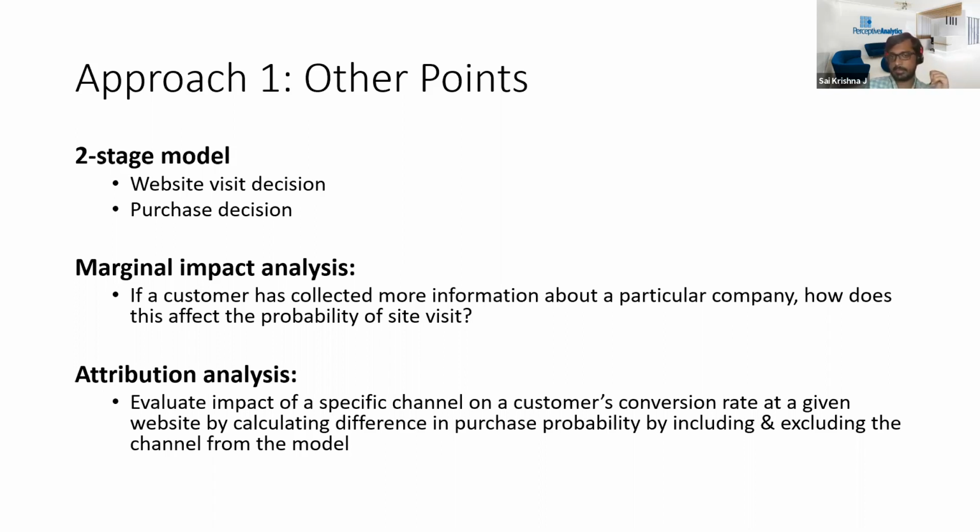So for each of the campaigns that you have run, you measure the revenue with that campaign and you measure the revenue without that campaign. You calculate the difference, and that difference is attributed as the revenue the particular campaign has been responsible for. Like this, you do this evaluation for all campaigns, with and without, and calculate the difference in revenue. If there is one particular campaign which is responsible for most of the revenue, then that is your most profitable or most effective campaign. Okay. So this is the main part of attribution analysis.